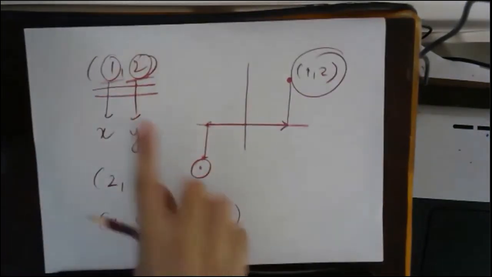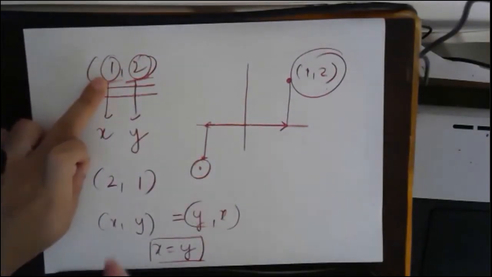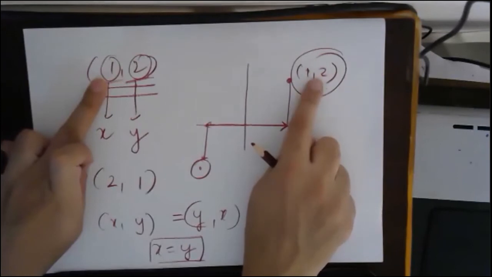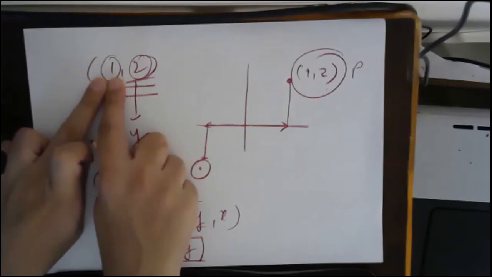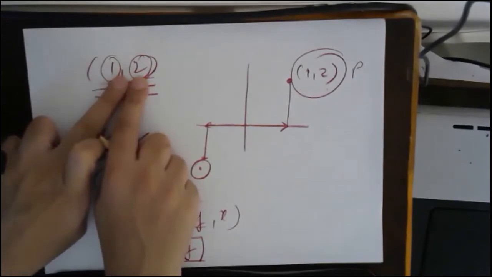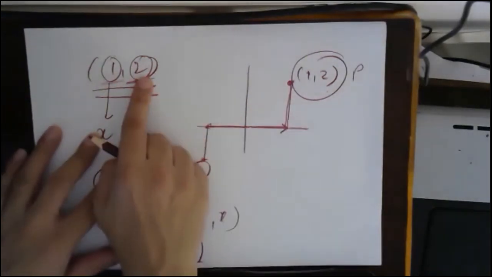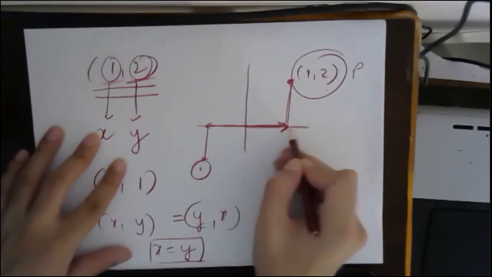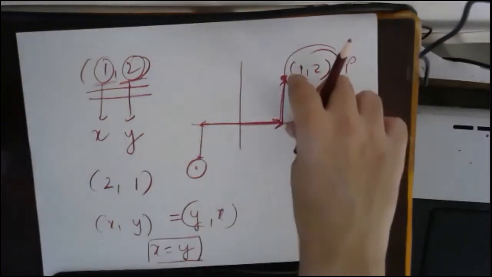Fine. So basically, this is a relation. You can say that there is a link. There is a point P which is moving 1 on x and 2 on y. That's it. 1 is linked with 2 how? It is moving 1 in the x direction and 2 in the y direction. You can think about it as a link also.